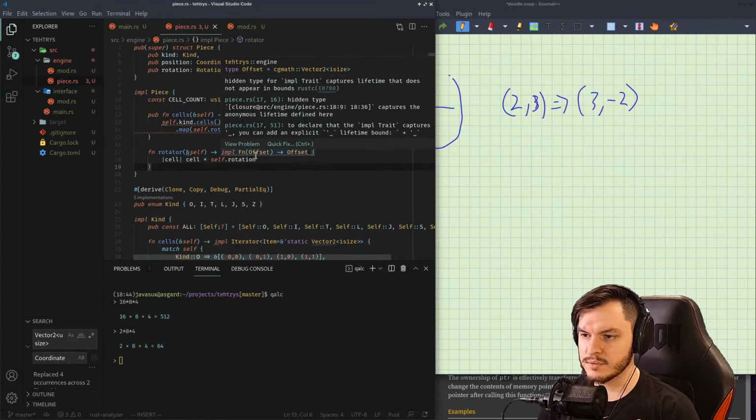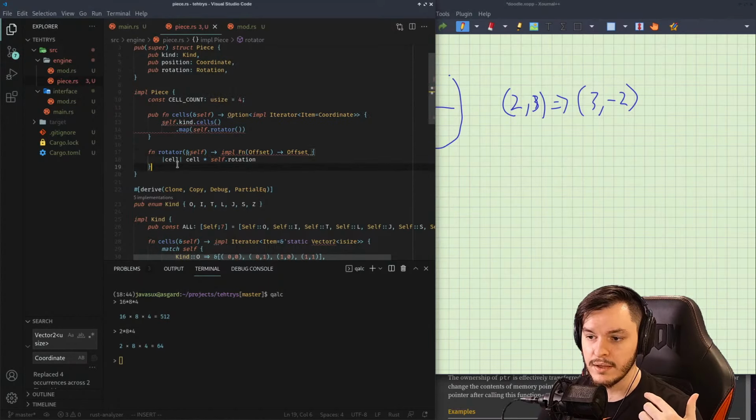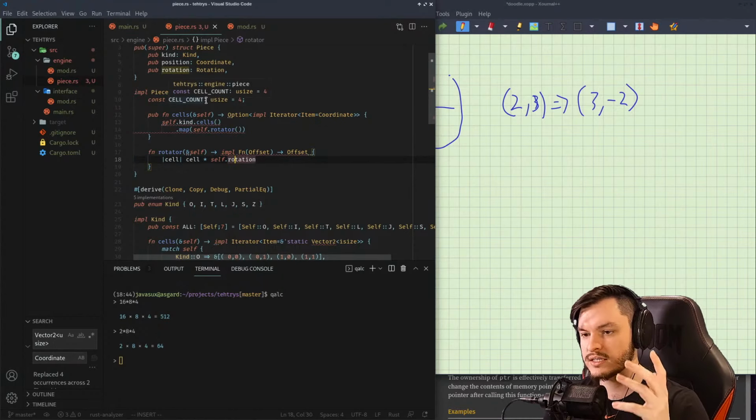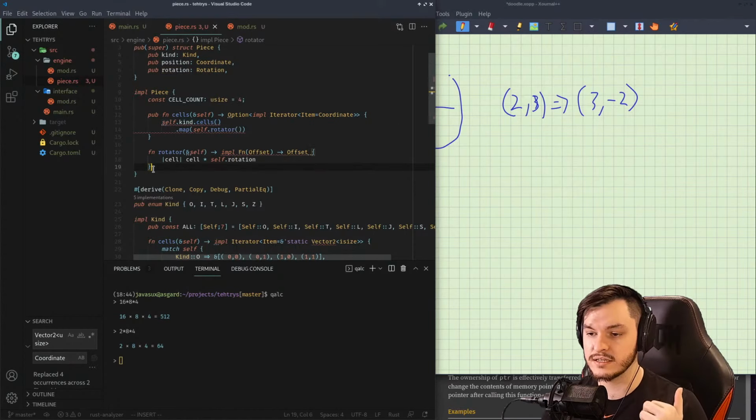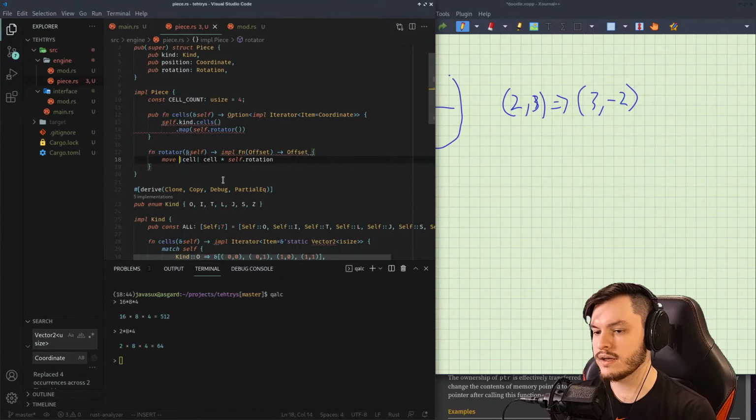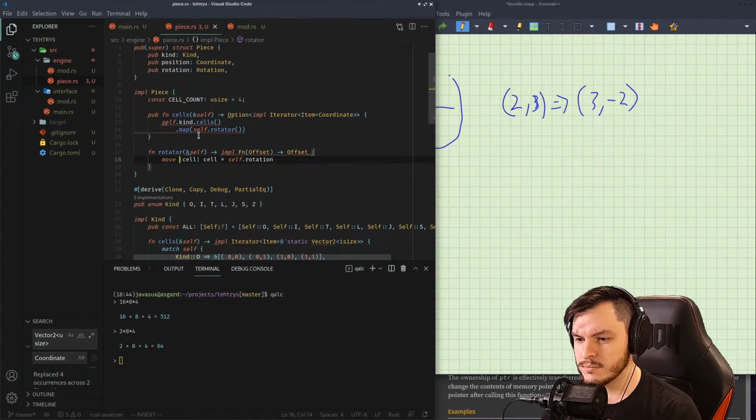And then it has this problem where it captures the anonymous lifetime that we defined for self. But what we want to do instead is clone this rotation object and then move it into this closure so that the lifetime is static and we know that it's not bound to any other data that lives elsewhere. So I think by defining it as a move closure,